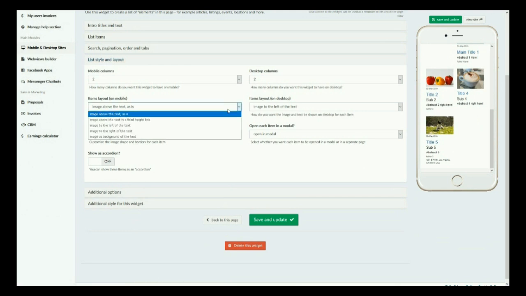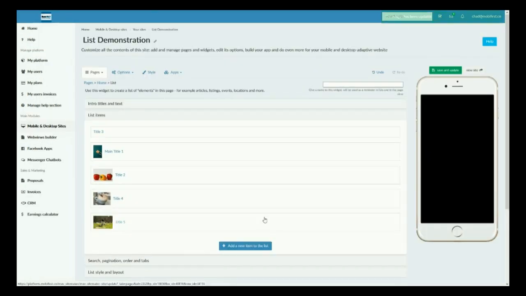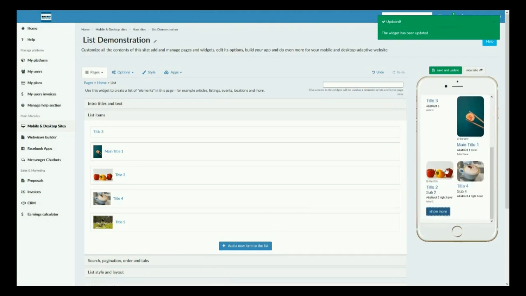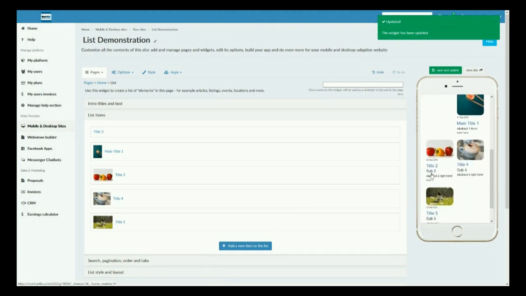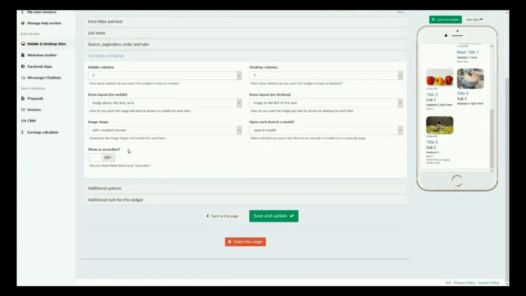And you can also arrange the text and the images on mobile versus desktop. You can determine whether the text is above, below, or to the left or right. And the image shape as well. Generally, the standard shape is square, but you can also shave off the corners and do rounded corners as well. You'll see all the images now, it's more rounded images. See that? More rounded corners. So there's a few different ways to organize this,